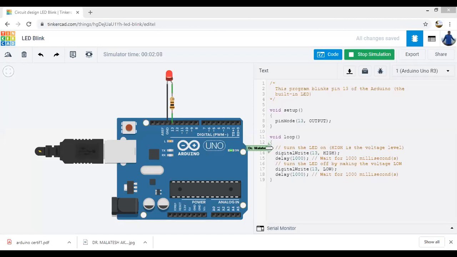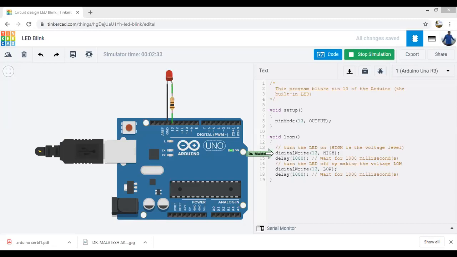In the loop, this is a comment line because it is preceded by a double slash. So we can put the comment either between these symbols or after the double slash. Anything is fine. This is the first command in the loop, digital write 13 high.